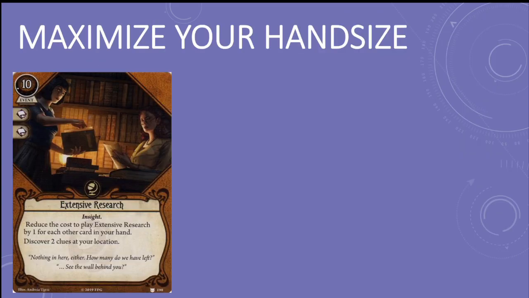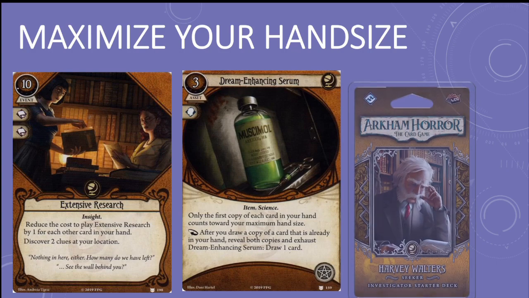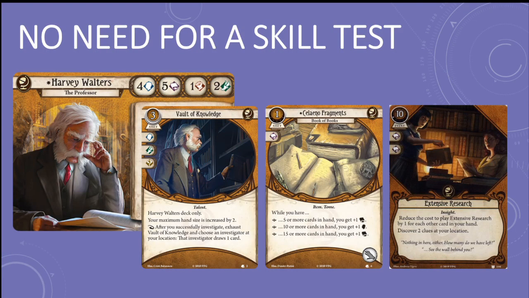The most expensive card in the game, Extensive Research, has been designed with a specific type of deck in mind, a deck that wants to maximize its hand size and draw all the cards. That style of deck received some support recently with the release of Dream Enhancing Serum in 1,000 Shapes of Horror, and several more cards will be released in the Harvey Walters Investigator starter deck later this year. Harvey Walters, his signature asset Vault of Knowledge, and the Seleno Fragments encourage players to have 10 to 15 cards